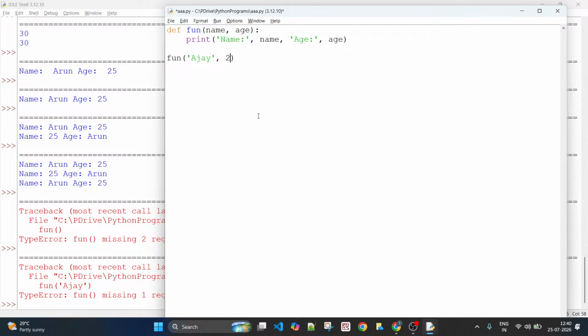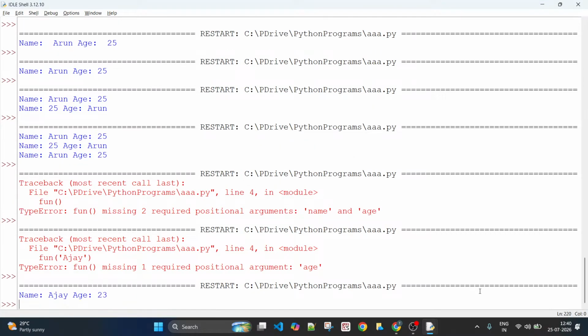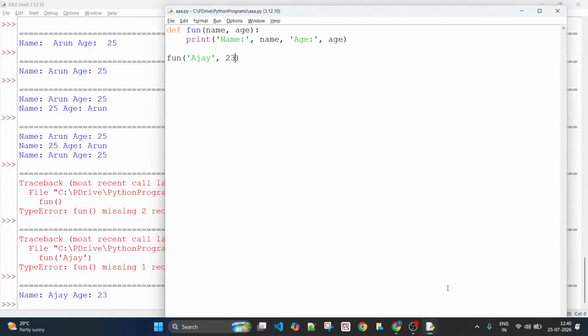So to correct that, generally we'll be passing both the arguments and this will work well. This is all what you have already been observing, right? Now, what if I want this function to treat age as 20 if I don't pass age at all?